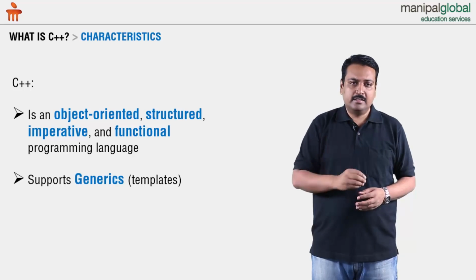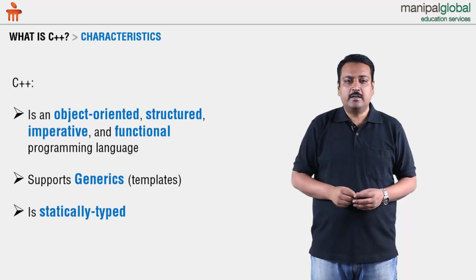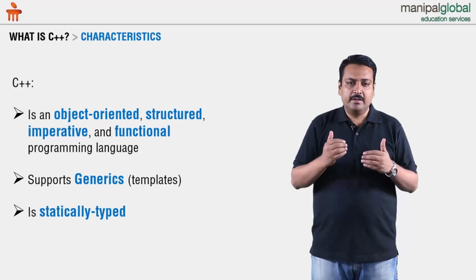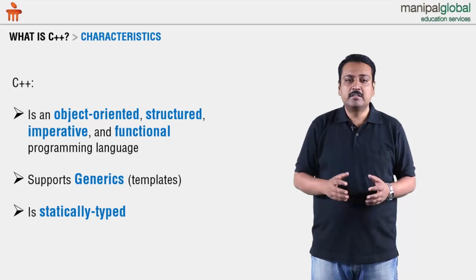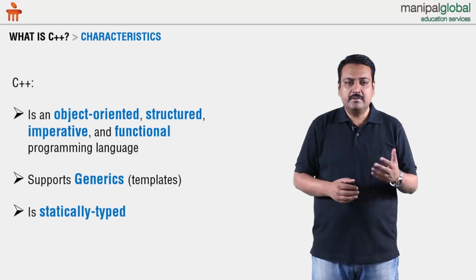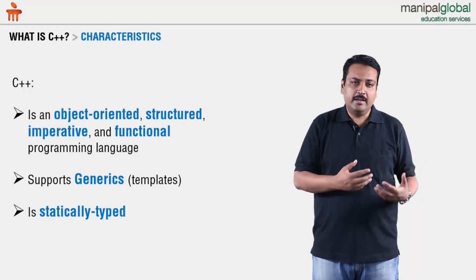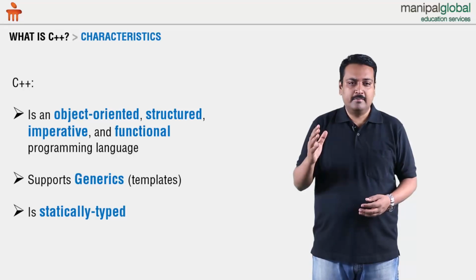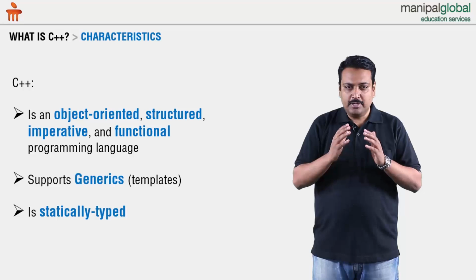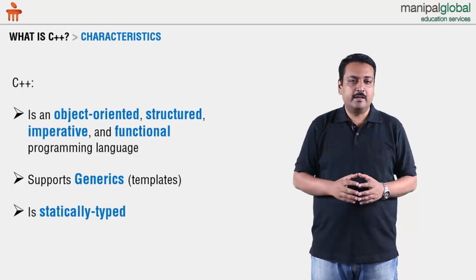There are some more characteristics that C++ has, like we can say that it is a statically typed language. When we say it is statically typed, it means that when we create variables within our program, these variables are known at compile time. Languages like Python, Ruby, JavaScript are dynamically typed languages, in the sense that variables don't have a type, and since they don't have a type, it is known at runtime, and based on the values that are assigned to that particular variable, that type is inferred. C++ is a statically typed language.